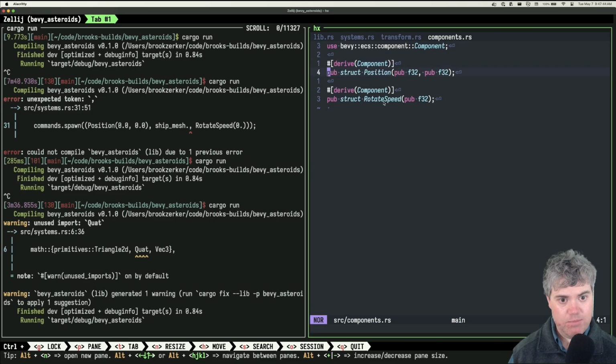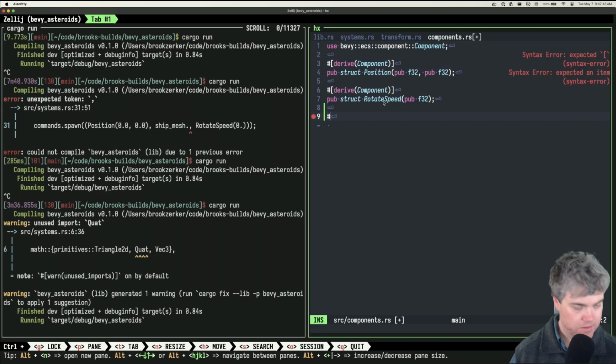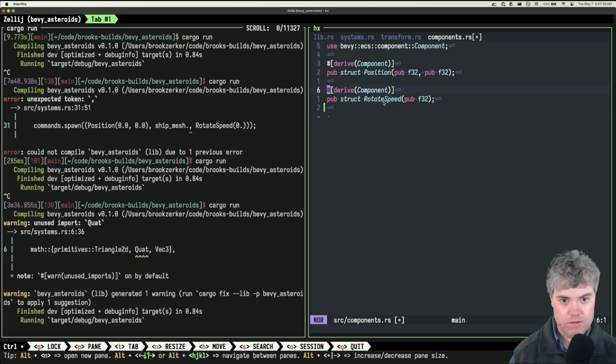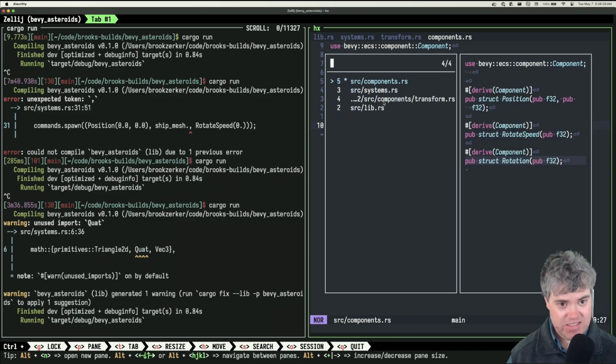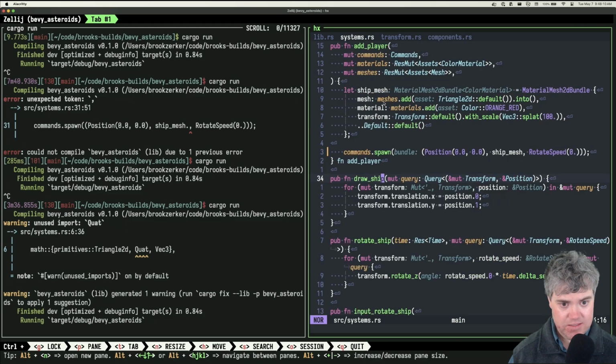So I probably need a position, a rotate speed. I probably also need maybe just a rotation. Should this be a f32? I guess this is going to be an F32. Okay, and we're going to turn these into radians.